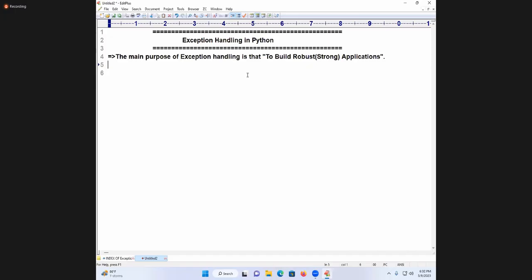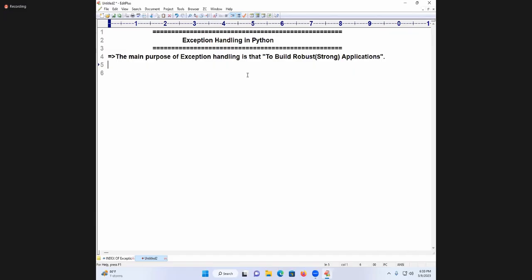While you are driving the bike, you keep the helmet. Like that, when you develop the application, you require a strong application to develop. Such strong applications can be developed by using what? Exception handling. So did you understand the meaning of exception handling? You learn Oracle, there is exception handling. You learn JavaScript, there is exception handling. You learn C++, exception handling. C language does not contain exception handling. C++ onwards, exception handling. But they are all called weak languages, not that powerful as Python and Java. Python contains strong exception handling facilities.